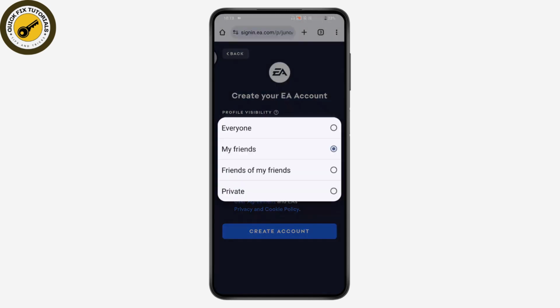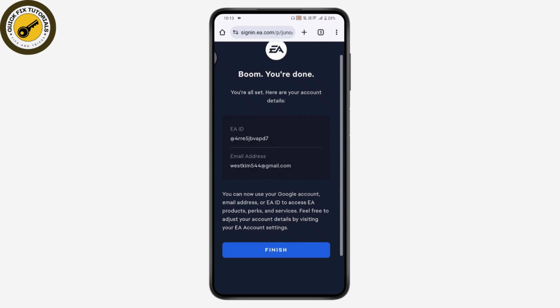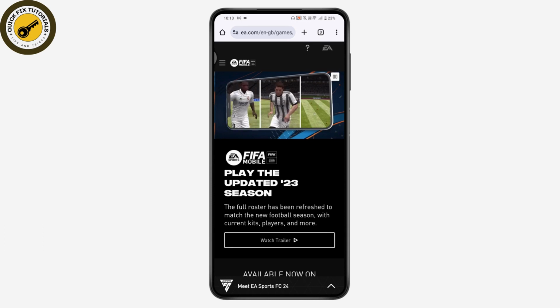And profile visibility, you need to simply choose private if you want to make your account private, or you can choose friends of friends, or you can choose my friends or everyone. So I'll be just choosing private and then tap on create account, which is on the bottom, and enter your EA ID or it will already generate your EA ID. So tap on finish if you are okay with the EA ID, and once you tap on finish, that's it, you have created your FIFA Mobile